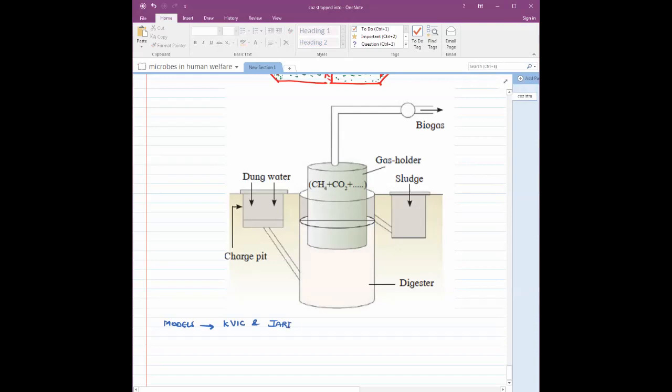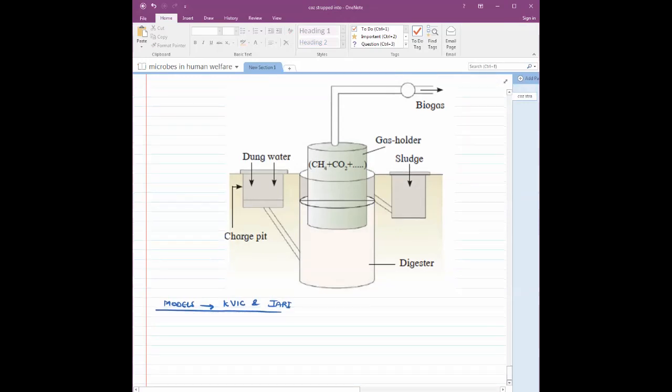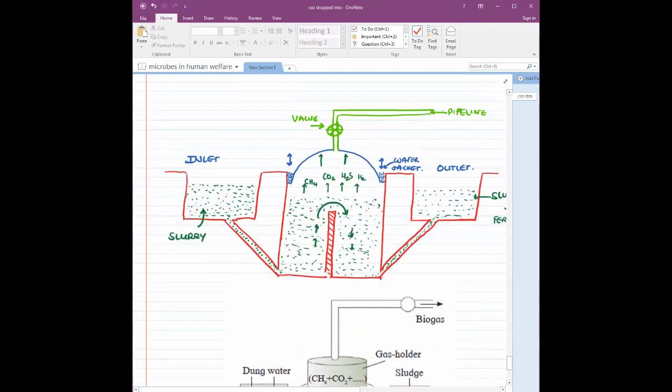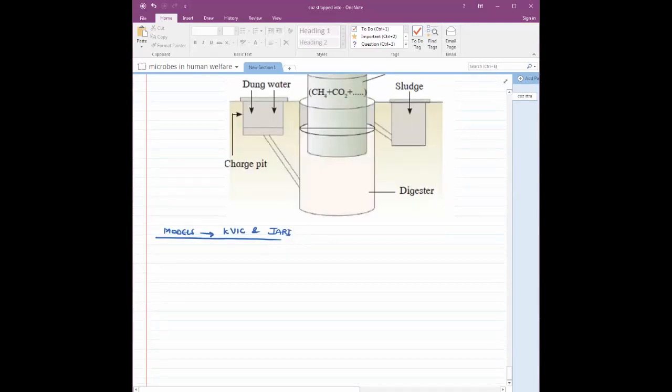Now the next important thing, guys, is what the different steps are that happen here, the steps involved in biogas formation. Meaning, we have to prepare this CH4, because what did we say, guys? What is biogas? Biogas is mainly methane. Biogas is nothing but methane. So the first step that we are going to have,